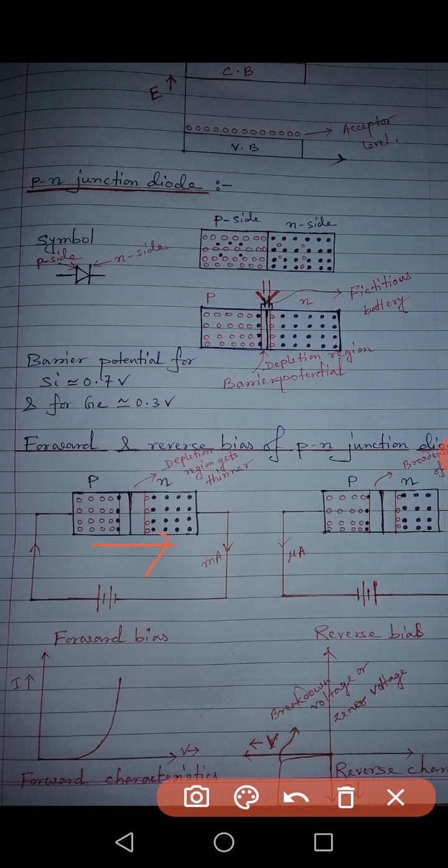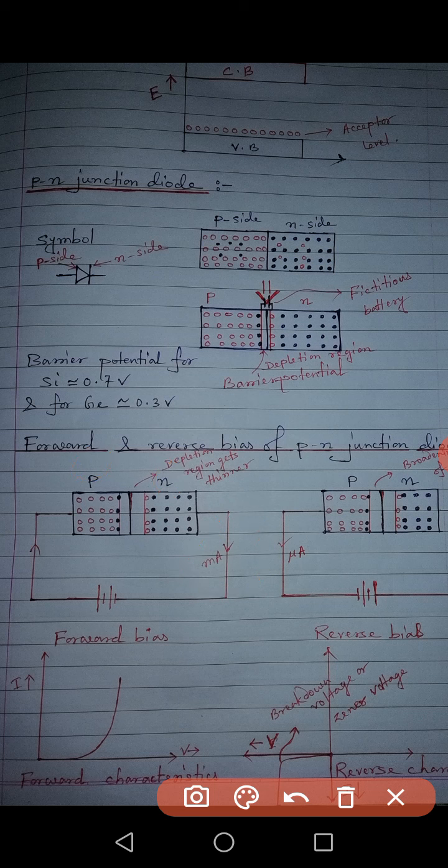Or in other words, if you think electrons are moving in this way, current should be opposite to the direction of electron. So in this way current in the circuit will be observed, and these currents are due to the majority carriers, due to the majority charge carrier. Because see, from p side which type of charge carrier is flowing? Holes. From n side, electrons. So they are the majority carrier in their respective sides, and the current obtained is in the order of milliampere. In forward bias, the current that we are getting is in the order of milliampere.